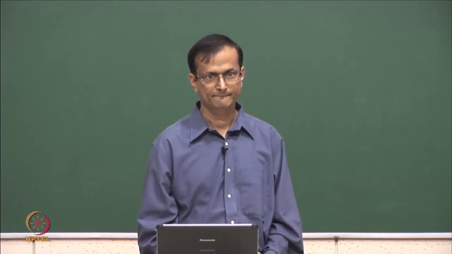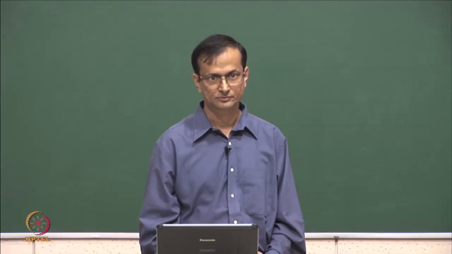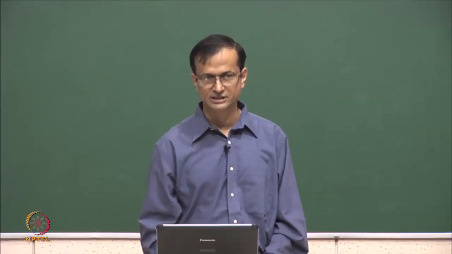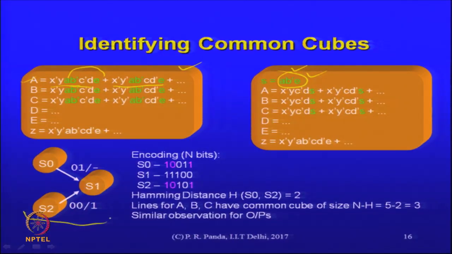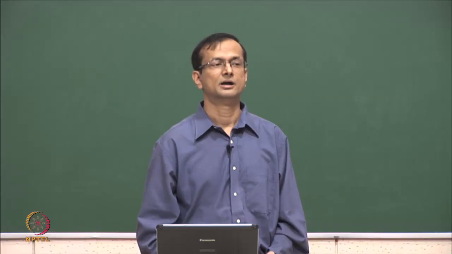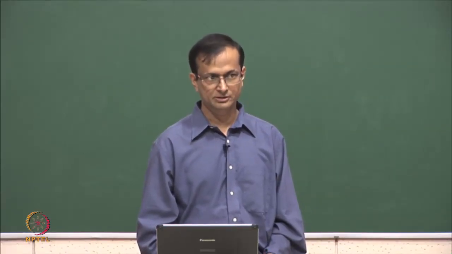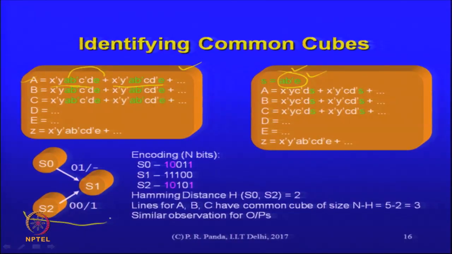So you would prefer that when you have a common next state, you make sure that the number of transitions in the bits of the input states is minimum, so that we can extract the maximum cubes. Why did we have a common cube of size 3 in this example? The Hamming distance was 2. Between which two states? Different inputs gave two common outputs. Yeah, the original state. So S1 is the next state. So between the two present states S0 and S2, there was a Hamming distance of 2. Therefore, the other 3 bits were the same, and that is what led to the appearance of a common cube